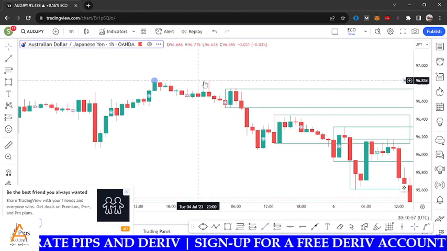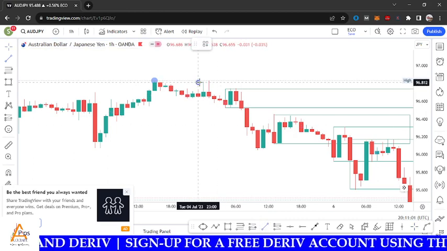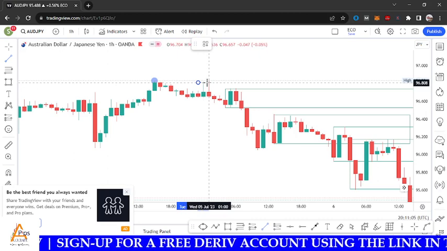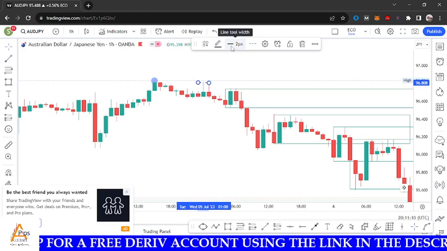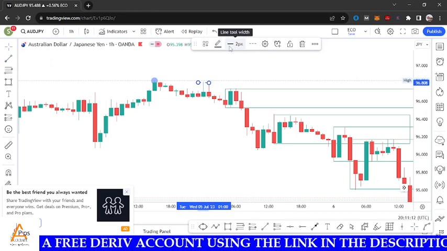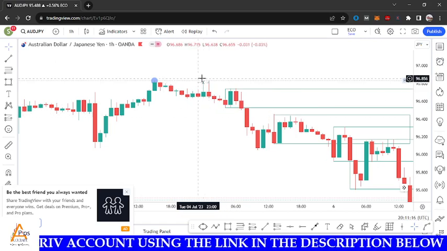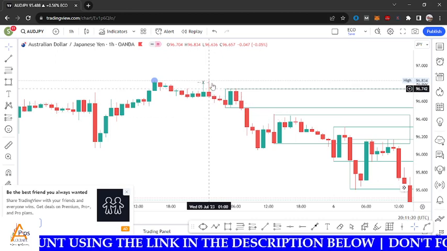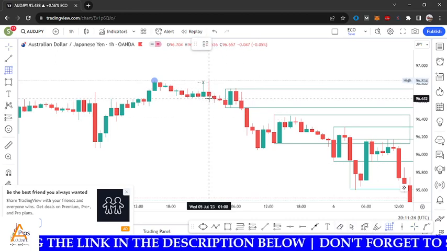See, it took the high of this guy. But we are in a bearish move. In a bearish move, we are looking at the highs. Okay. In a bullish move, we are looking at the lows. Right. So it took liquidity. So this guy here is our valid order block. So you mark this guy,